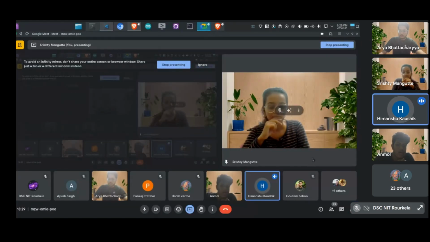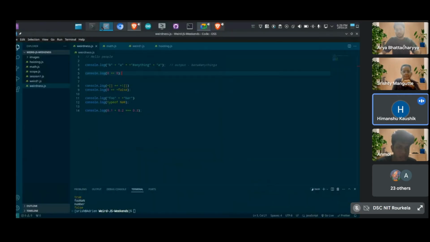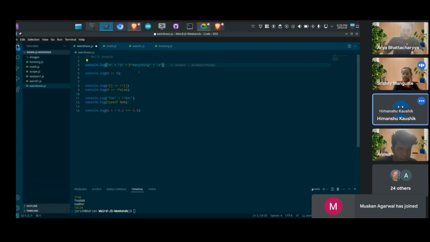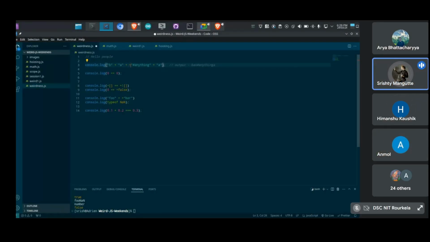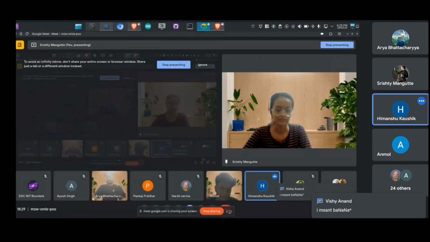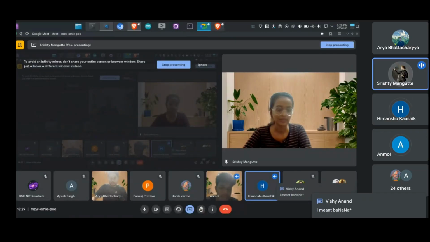Ma'am, there's a double plus sign before the anything two times, the plus sign twice without anything in between, after B, A, anything. That's why, if we put this double plus, what will be the result of it? I know if we don't put this plus sign, it will be this. But if we put this plus sign, what will it be? Then I think it will be the same, I mean banana, Wishy Anand.